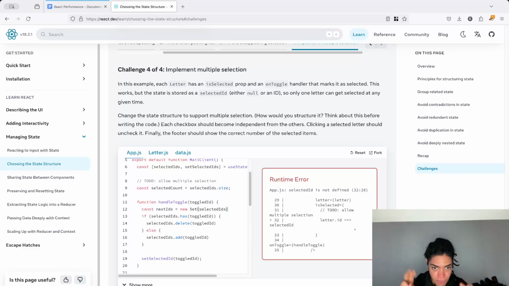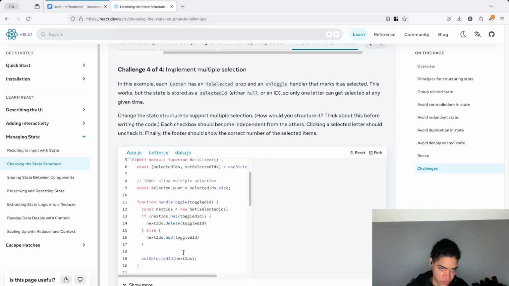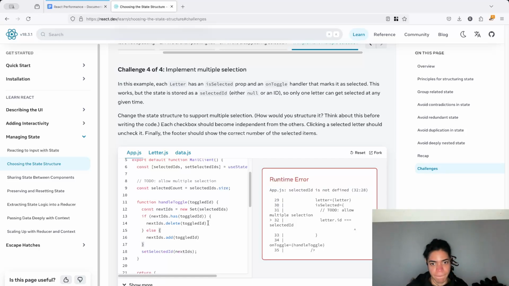So it's actually fixing the current value of this state, all right? And now we can actually provide a new state for that. So selectedIDs is a state,